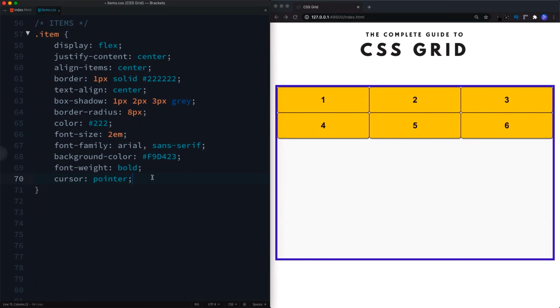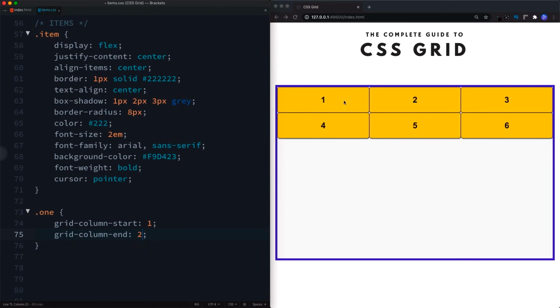Okay, let's now start with looking at the first grid item property. And we're actually going to look at 2 together here, and those are grid column start and grid column end. And what these enable us to do is position our items within the container according to the grid column lines. So let's go ahead and select item number 1. So if we take a look at our container then, currently item number 1 has grid column start of 1 and a grid column end of 2. So currently then it's set to 1 and 2, no change there.